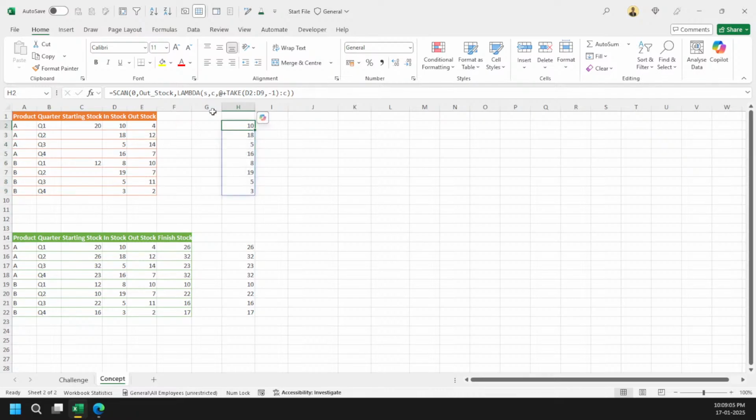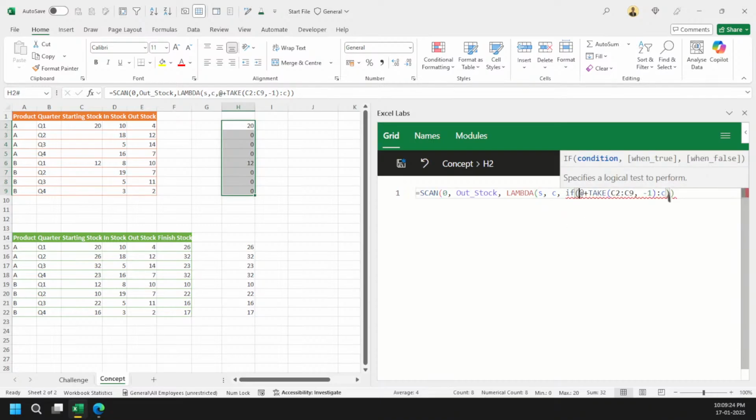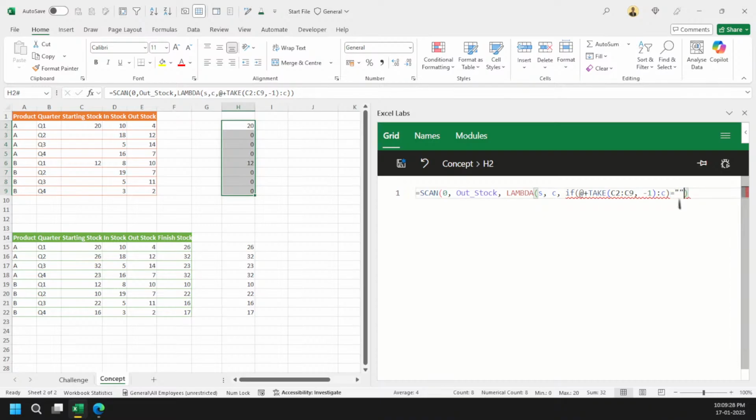And then what can we do here? Simply we can also grab this value as well, the starting stock, this way. The moment I do that, I've got my starting stock. And then everything is way simpler now. The same logic here. So now what can I do here? If my starting stock is equal to 0, let me format it properly.